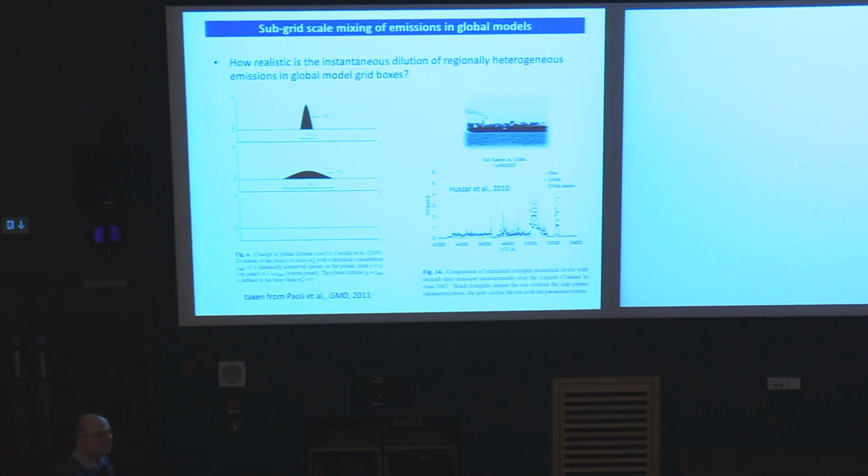One way for people to address this problem is by including a preprocessor or a submodel that represents parametrically a large part of the plume processes that are relevant for this chemistry. So by adding an additional model that simulates the fact that your emissions have a spatial heterogeneity, that plume processes take place until the time has passed for the emissions to spread out in the model, you correct your emission fluxes for the parent global grid box.